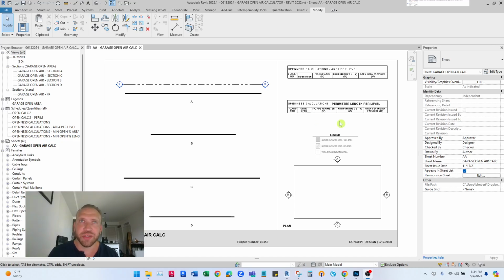So this is the fastest way to do open air calculations for a parking garage. This is a Revit template that has parameters and graphics and families and schedules custom built, and you can only